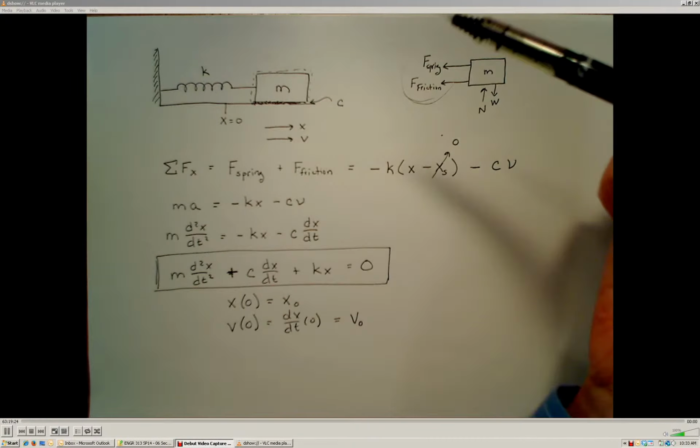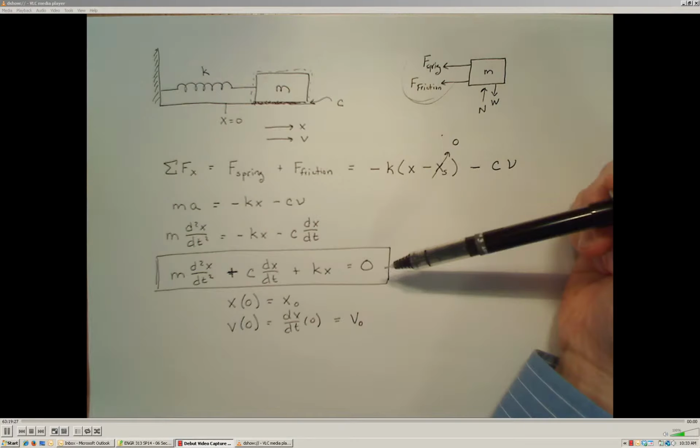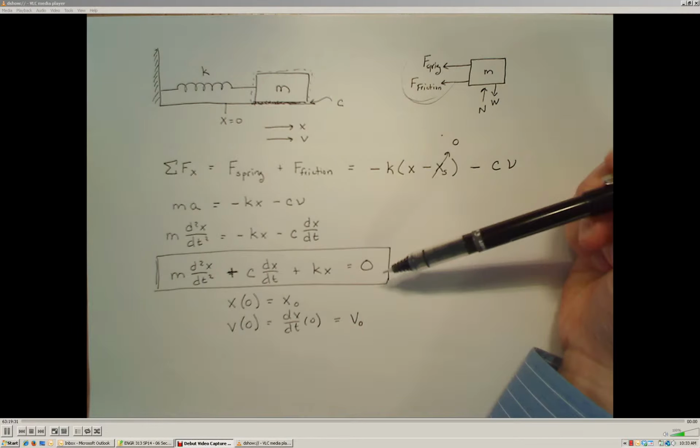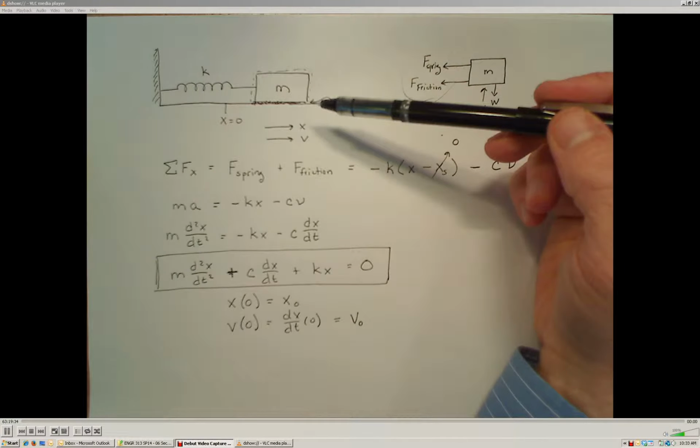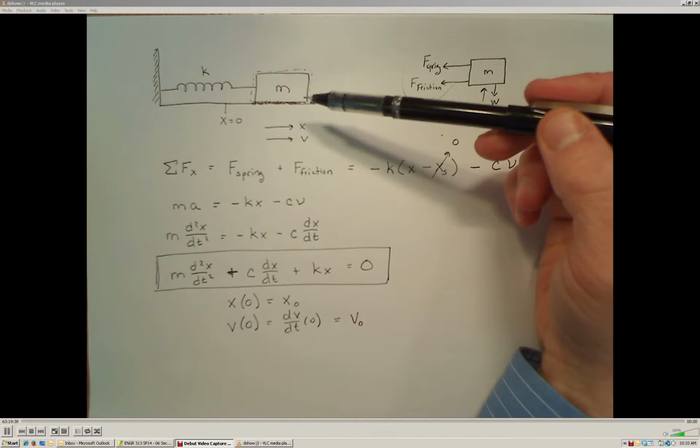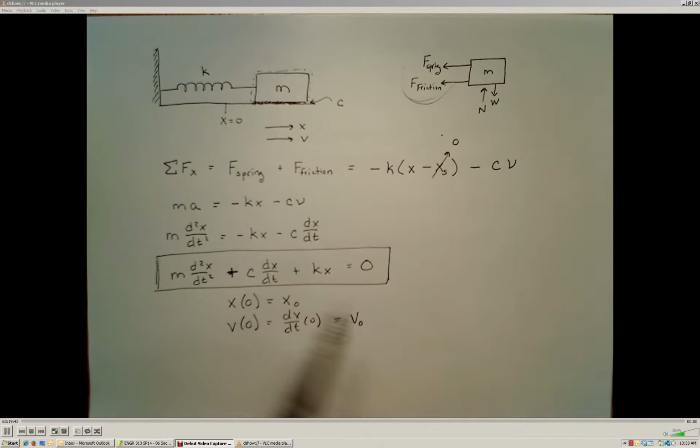Previously, using the mechanical system analogy, we derived the general second-order differential equation that describes the position of this mass spring damper system as a function of time after the mass is released from some non-zero position. And we found that it's a second-order differential equation because we have two energy storage mechanisms, the mass and the spring, and we have no external force being added into the system, so it's a homogeneous second-order differential equation. And to completely solve this system, we need to know both the initial position as well as the initial velocity